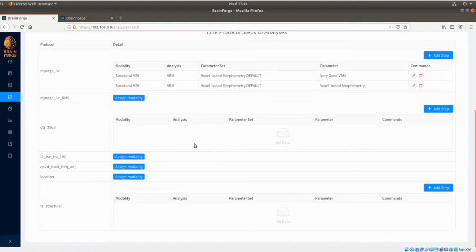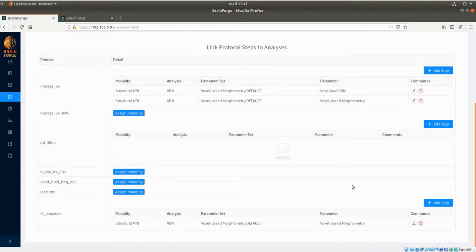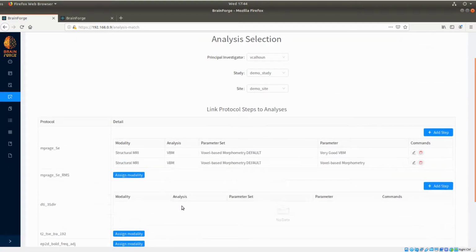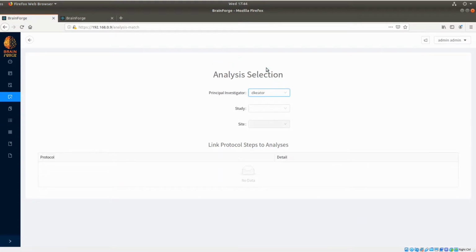I have a DTI modality that I could assign steps to, and I have this T1 structural protocol, which I assigned the structural MRI modality, and I can go ahead and add different analysis steps to here as well. So let's do voxel-based morphometry again, and let's just use whichever parameters I want, and I could add more steps as new analyses come out. So for example, I could run with a different study. So if I wanted to select fBurn,